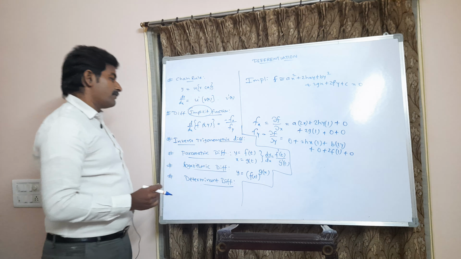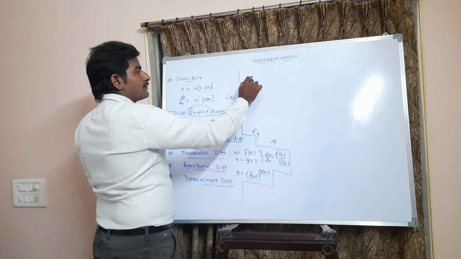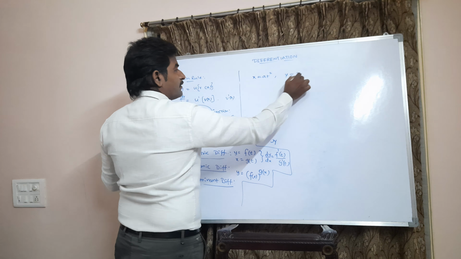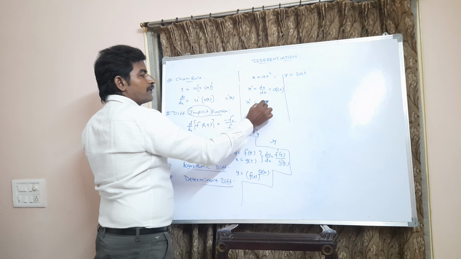Let us suppose I consider parabolic parametric equations like x is equal to at square and y is equal to 2at. So x is expressed in another variable t, and y is also expressed with another variable t. So x dash is nothing but dx by dt. Here the variable is t. With respect to t, we are doing differentiation. So a into the derivative of t square, it is 2t. That is, x dash is equal to 2at. And after